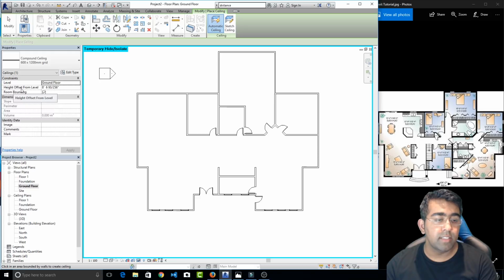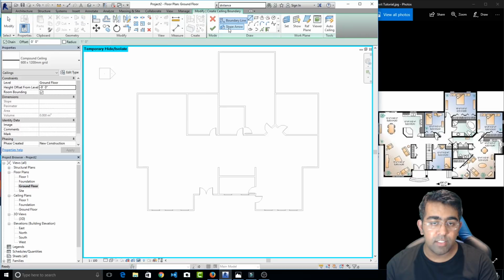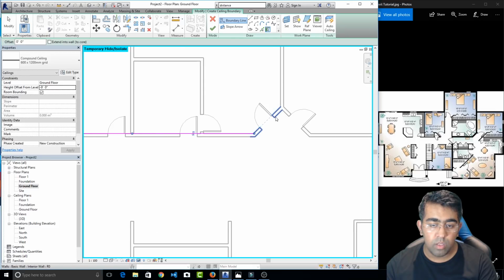Now we have a height offset from level. So here we can say, let's just say -9, okay? And then we are going to click on apply. And then we have automatic ceiling, or we can have a sketch ceiling. So I'm gonna select the sketch ceiling. I'm gonna pick the walls. Let's select this wall, select this wall, select this wall, select this wall, select this wall,